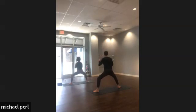Listen for the change, breath in. As you exhale, release your palms to your inner thighs. As you inhale, lift up through your heart. As you exhale, dip your left shoulder towards your right thigh, twisting over towards the back of the room. Inhale, come back through center. Exhale, twist